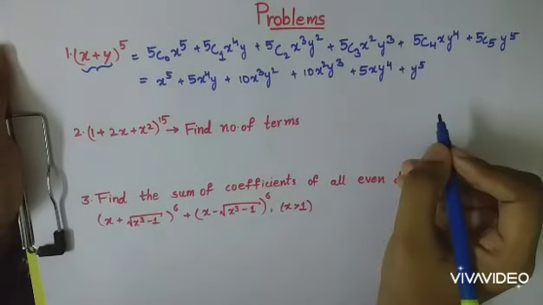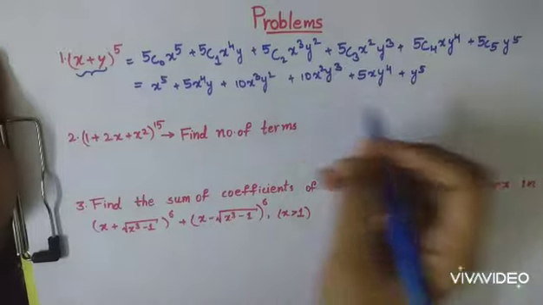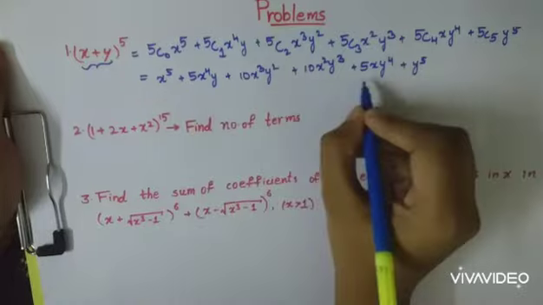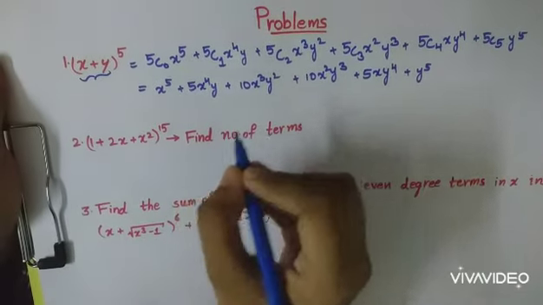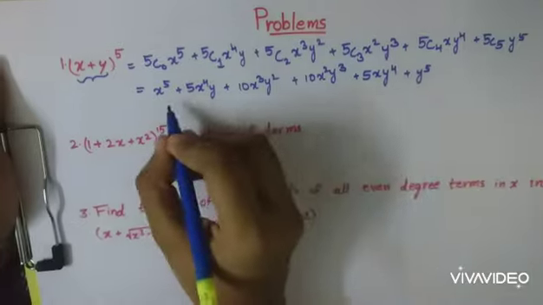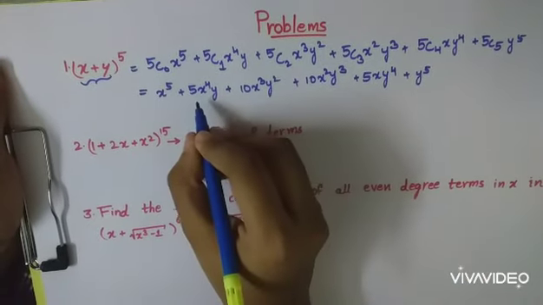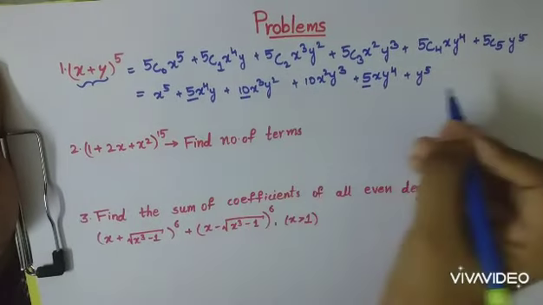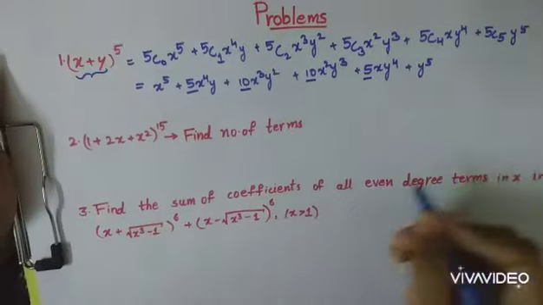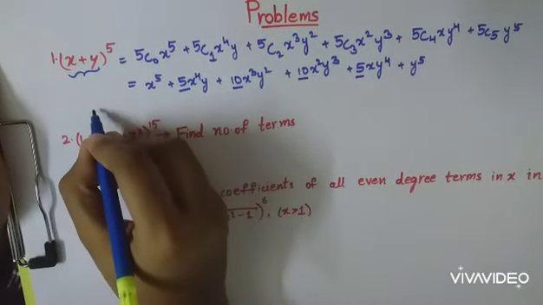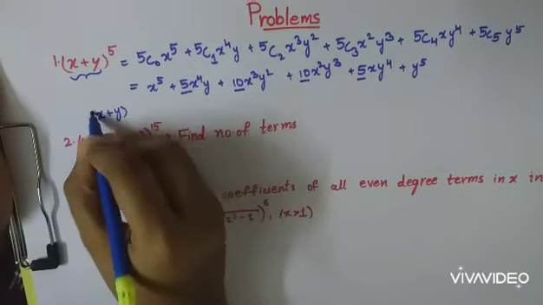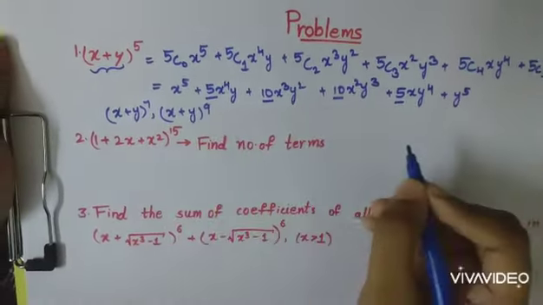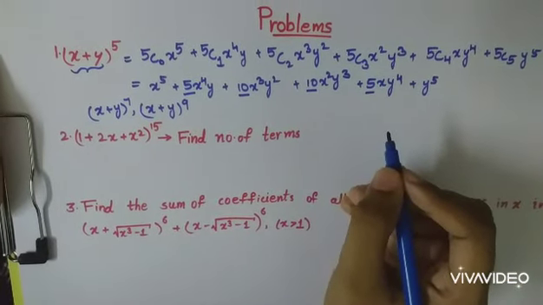In this expansion, we can also observe the fact which we have learned before, that from the beginning and from the ending, the terms which are equidistant have the same binomial coefficient. Here if we see, the first and last term have the binomial coefficient 1 and second from the first and second from the last have 5. Similarly, third from the first and third from the end have 10. So, in the same way, you can also try to solve for (x + y) whole power 7 and (x + y) whole power 9 and observe the similarities and observe the facts which we have learned before.